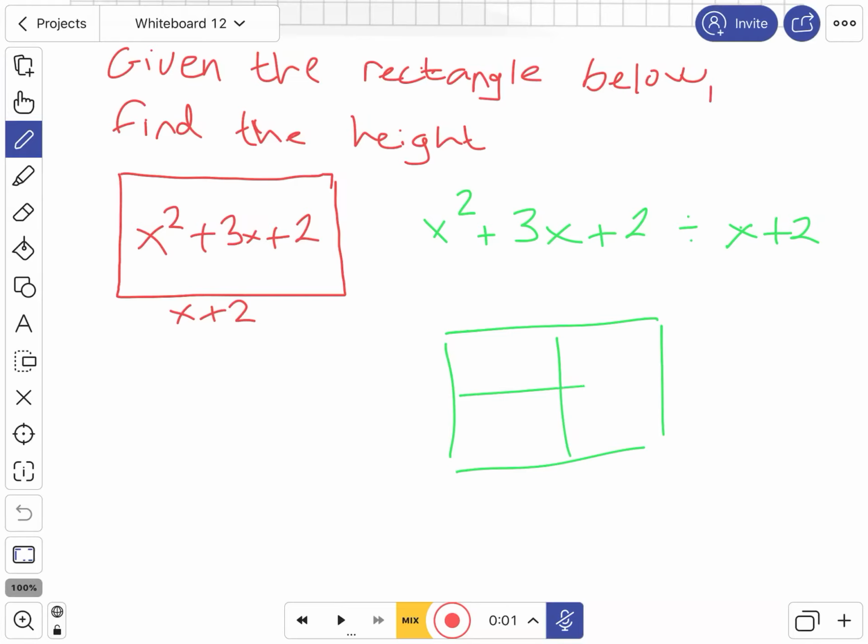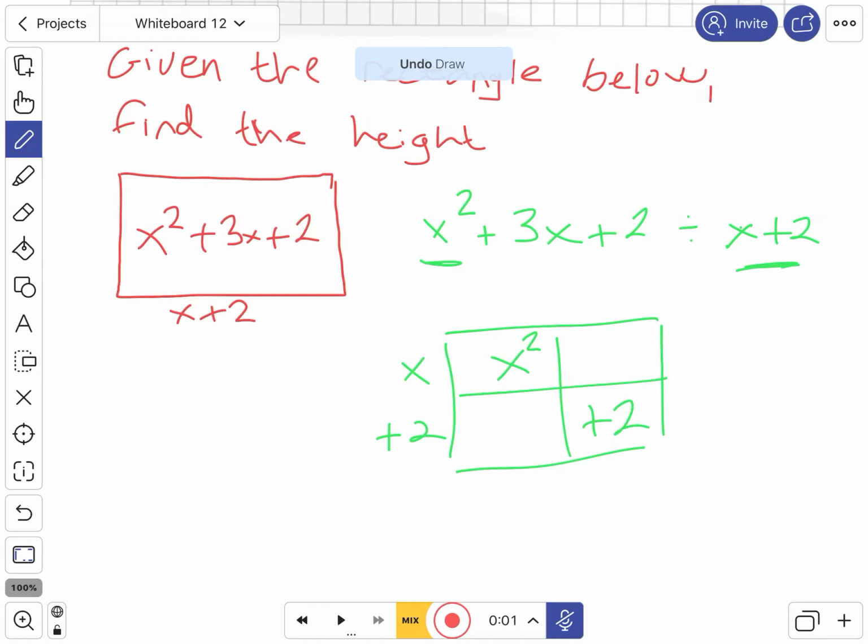In this case, I'm doing 2 by 2 because I have these two need to go down the side and I have an x squared. So if it's an x squared, I need to draw 2 boxes going across the top. If it's an x plus 2, I draw 2 boxes going down the side. Okay, in the first box goes the first part, that's x squared, and in the last box goes the last part, and that's plus